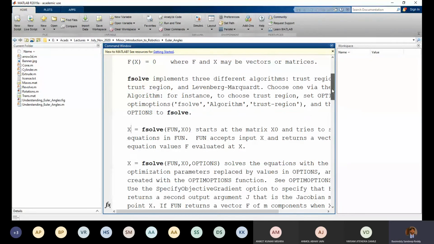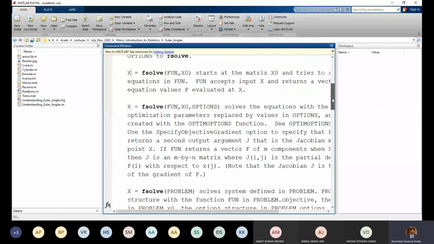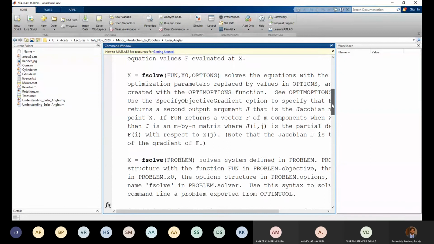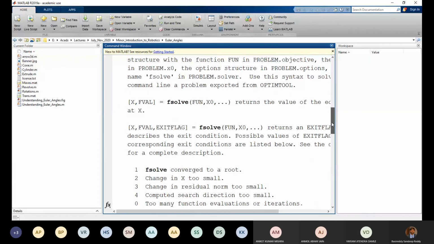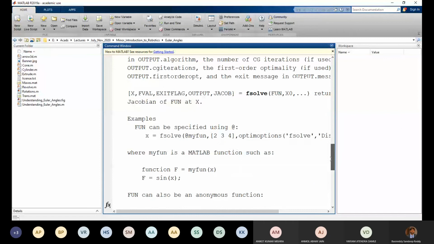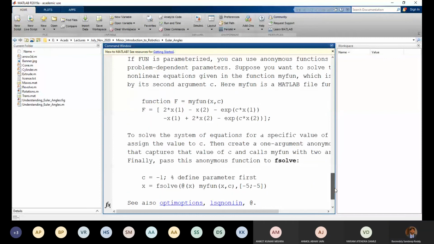So what I want you to do is just go through this. There is an example also taken here. I hope you can see this. Function f equals myfun x comma c, where f is defined as,